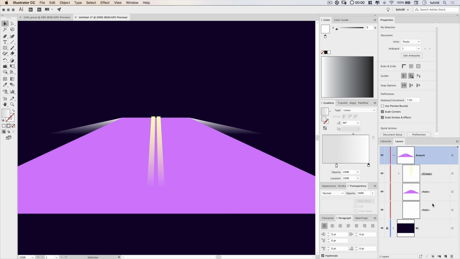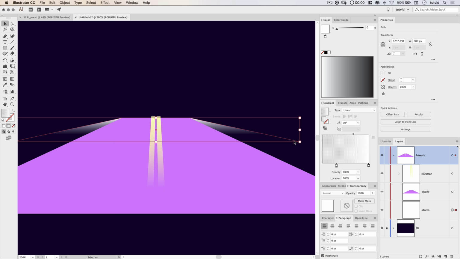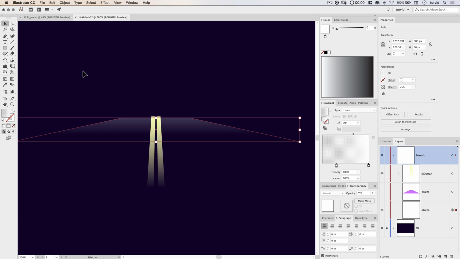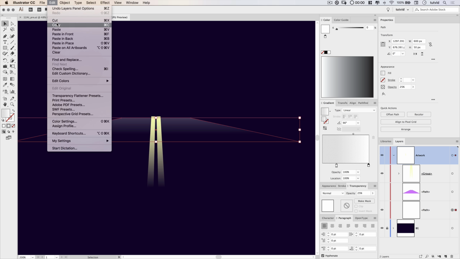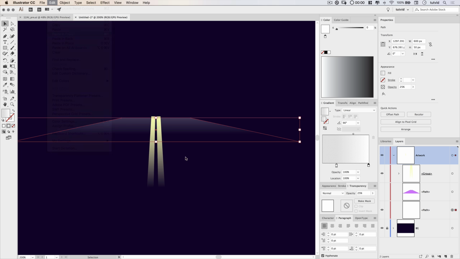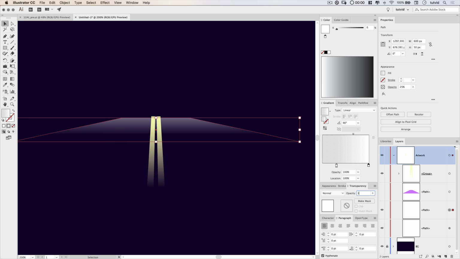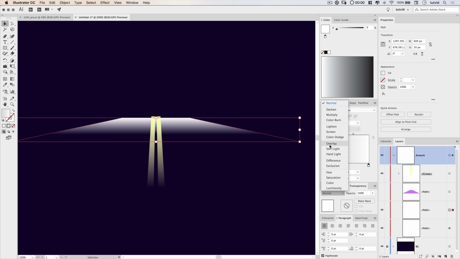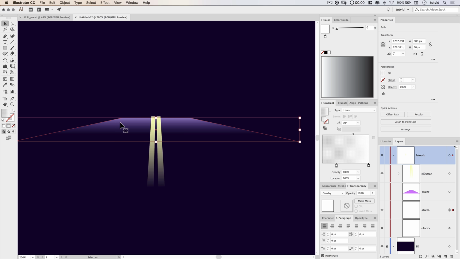And as I look at this, we should probably select our sort of rear path and reduce the opacity of it. Let's drop it down to like 25% opacity. Maybe we'll even go ahead and set it to the overlay blend mode, or maybe, here's what we'll do. We'll go normal, and then we're going to duplicate this. Let me shut off the pink path once more so we can see what we're doing. Edit, copy, edit, paste in front. And I'm going to set this back to 100% opacity and set this to the overlay blend mode. So it's going to give us kind of this more contrasty, bluish, purpley fall off.